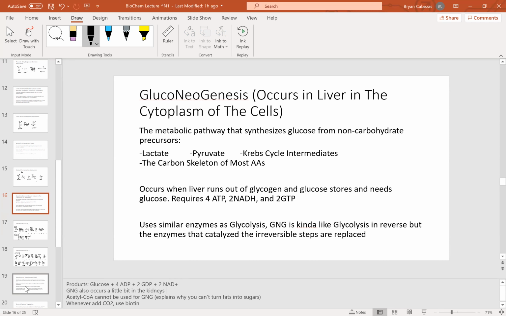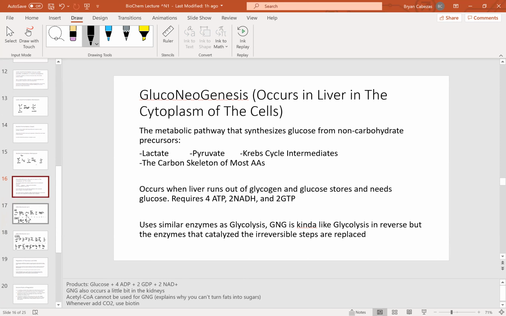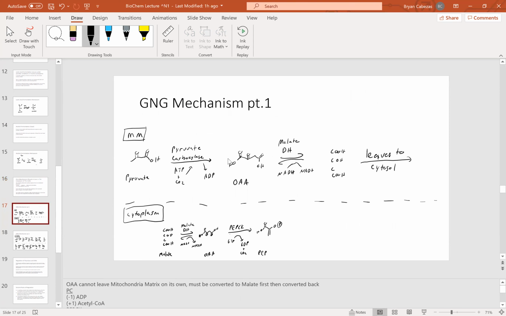Okay, let's go into the mechanism of the reaction. Here we're going to start off, for example, with our pyruvate. It doesn't necessarily have to be pyruvate. We can jump in and start from oxaloacetate, and as we mentioned before, there are some amino acid carbon groups that can be inserted into this mechanism. But we'll get into that when we talk about protein catabolism.